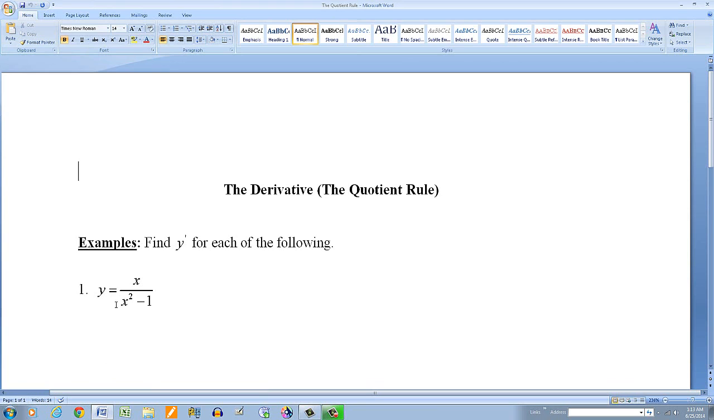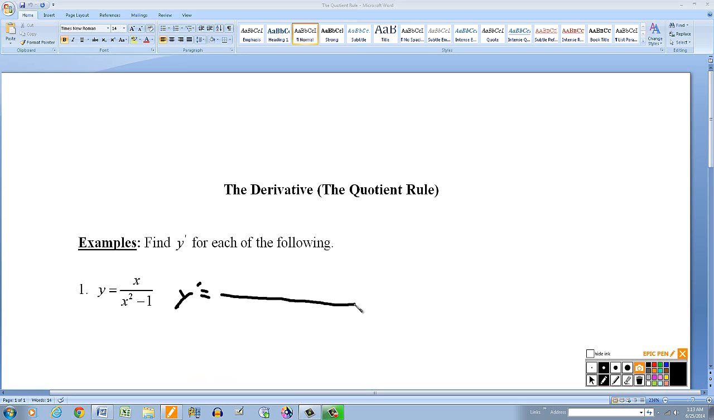So let's look at the first example. Find y prime. Y prime means the derivative of y with respect to x for each of the following. So the first one I have is y equals x over x squared minus 1. Okay, so I'm going to say y prime, the derivative, will equal, in the numerator, the denominator, which is x squared minus 1,